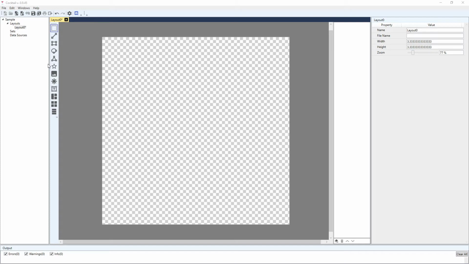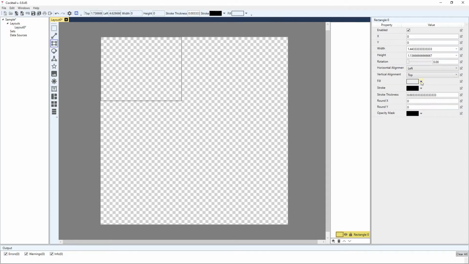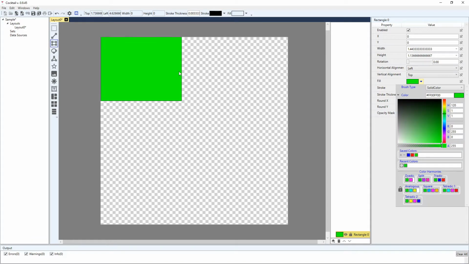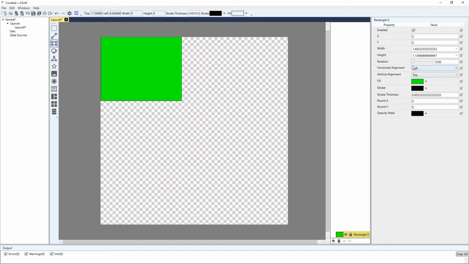So the first thing I want to show you is the alignment. This is a new feature of Cocktail. So if I were to just draw a rectangle here, and just to make it easier to see, I'll give it a really bright green fill. If I go to these panels, these properties here, horizontal alignment and vertical alignment, I can see that it's currently